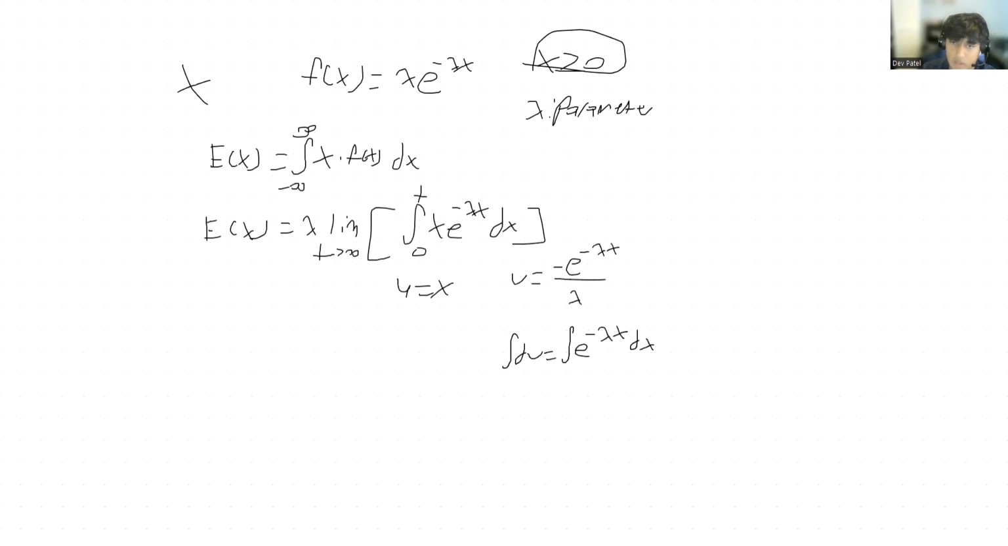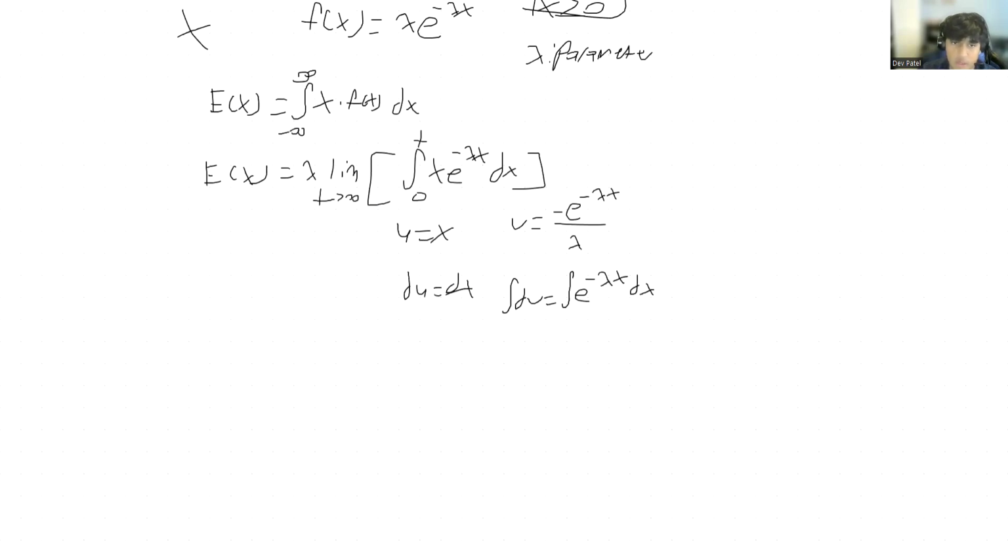Now here, taking the derivative with respect to x on both sides, we end up getting du is equal to dx, which means we can now rewrite this as lambda times the limit as t approaches infinity of uv, which is negative x times e to the power of negative lambda times x, all divided by lambda, evaluated from 0 to t, plus 1 over lambda times the integral from 0 to t of e to the power of negative